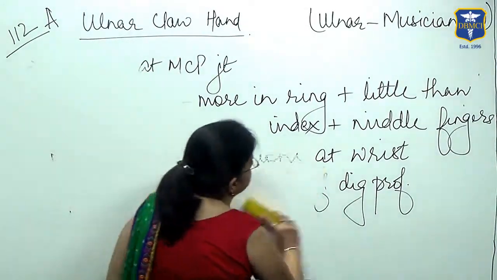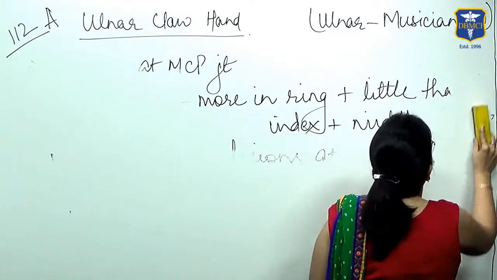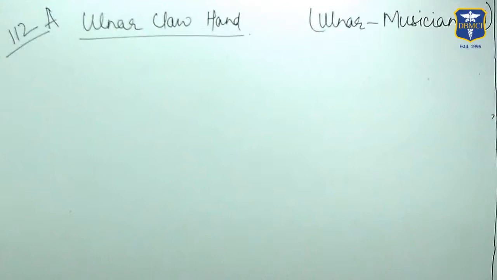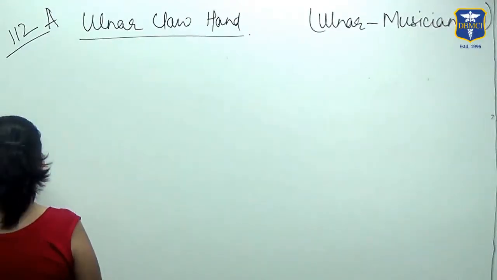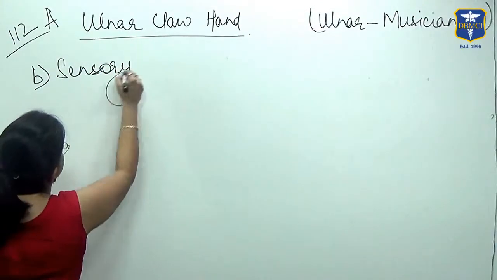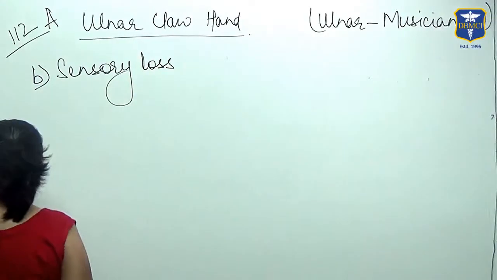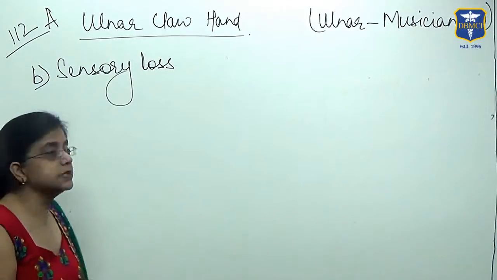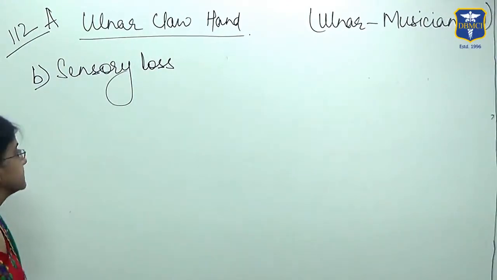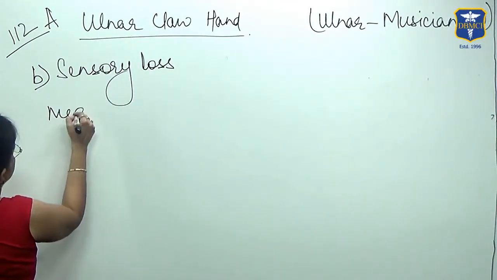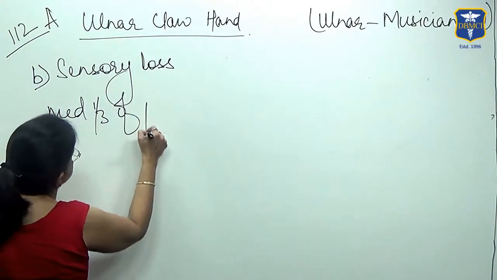The intermetacarpal spaces are hollowed out due to wasting of the interossei. Then there is sensory loss. We have already done the sensory supply of the hand in one of the previous questions. So we know that the sensory loss is going to affect the medial 1/3 of the palm